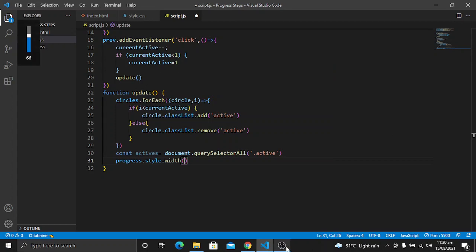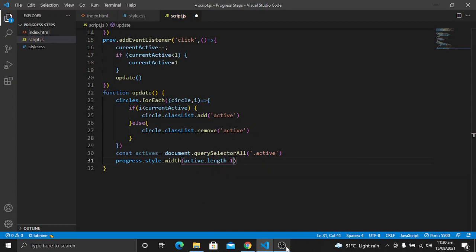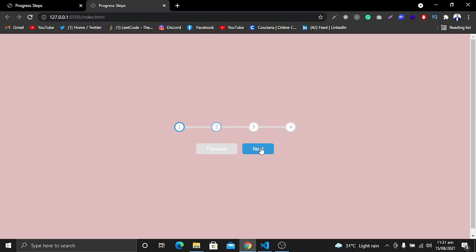So for width the formula is going to be actives dot length minus 1, divided by the circles dot length minus 1, wrap it in parentheses because we want to get the percent, multiply it by 100, and also concatenate a percent sign because the result from this formula we want to use as a styling. So let's save it, and now let's see if something has changed or not.